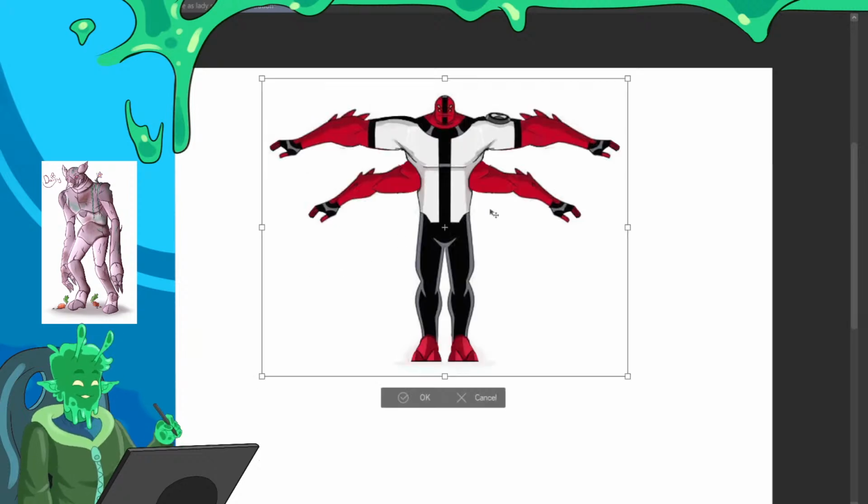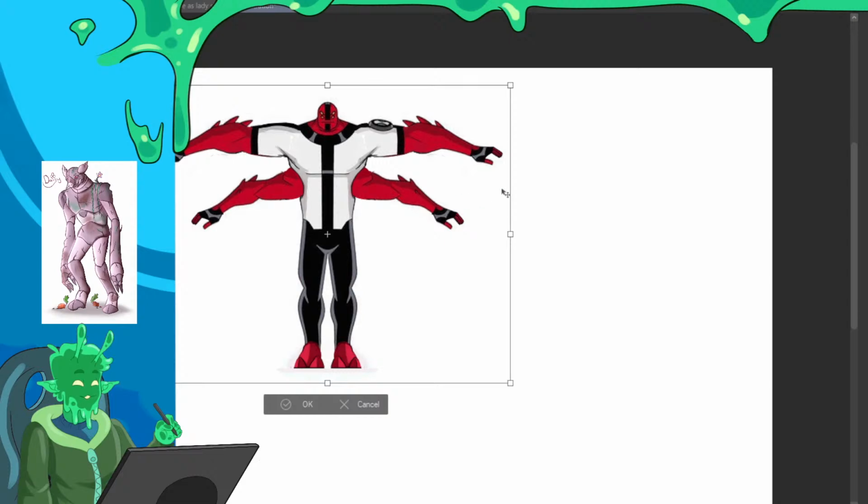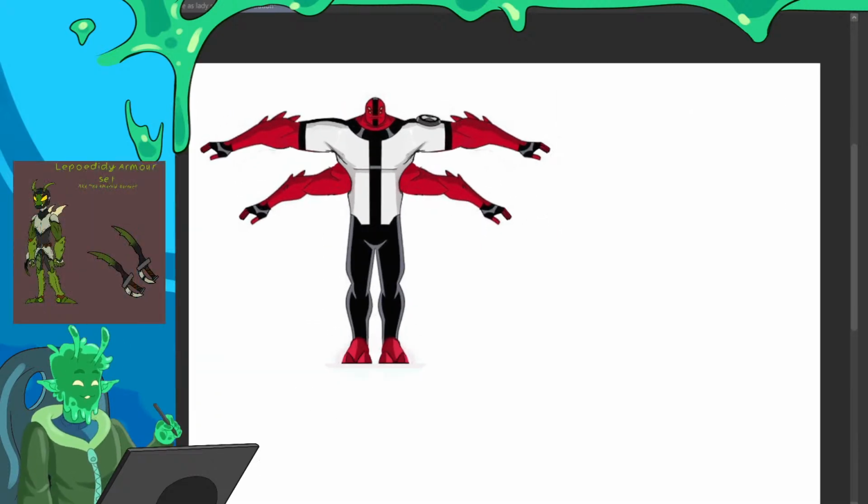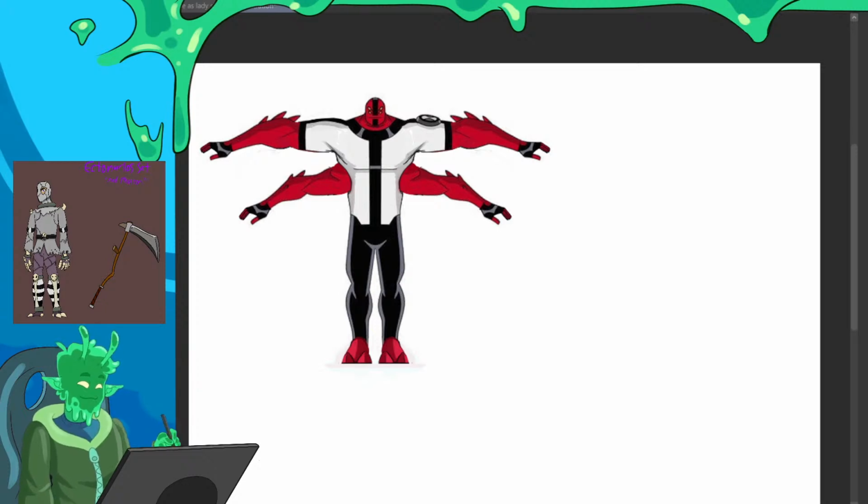So then there's the kind of hard part, the question being, can we find a perfect side-on view of Forearms, which I don't think actually exists.